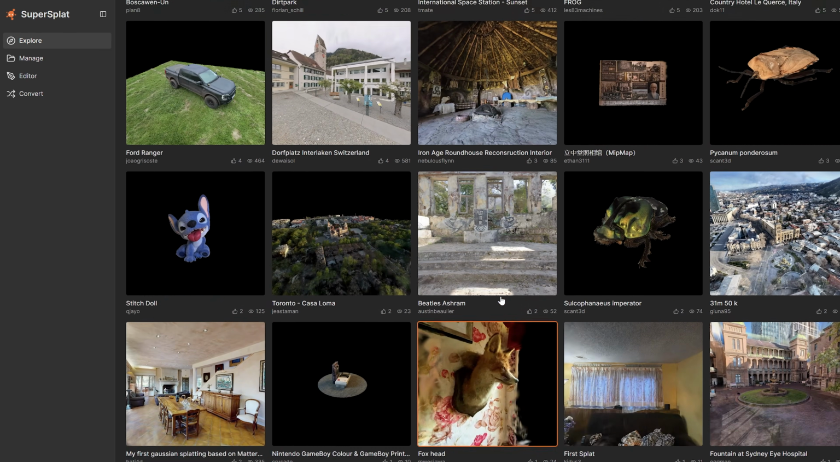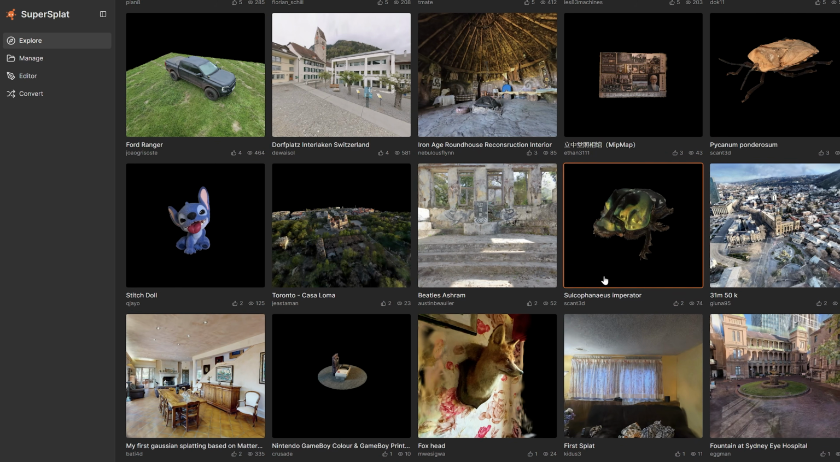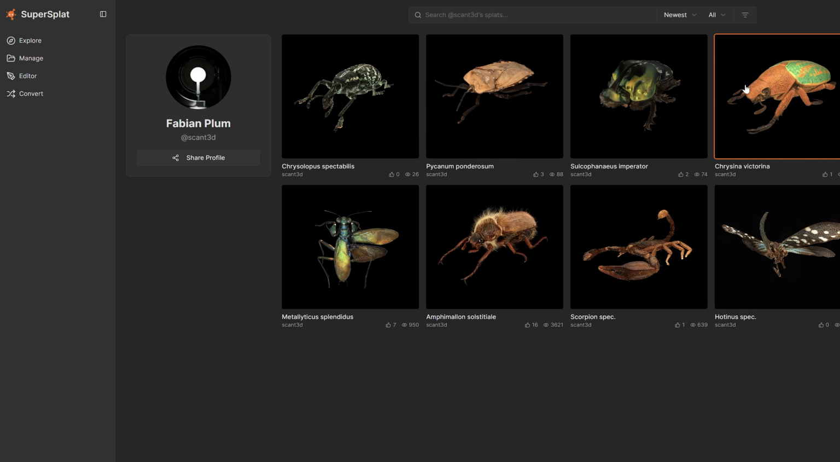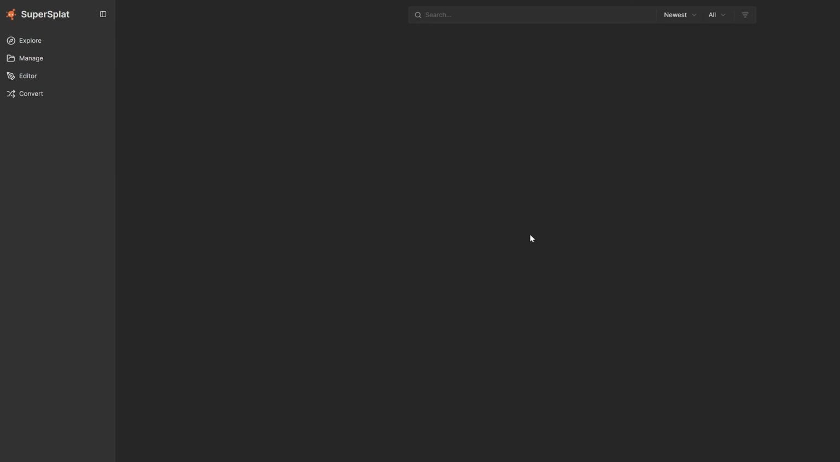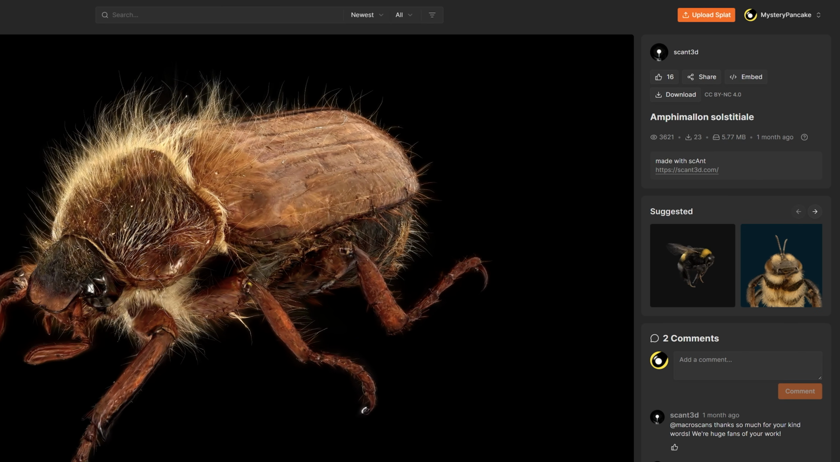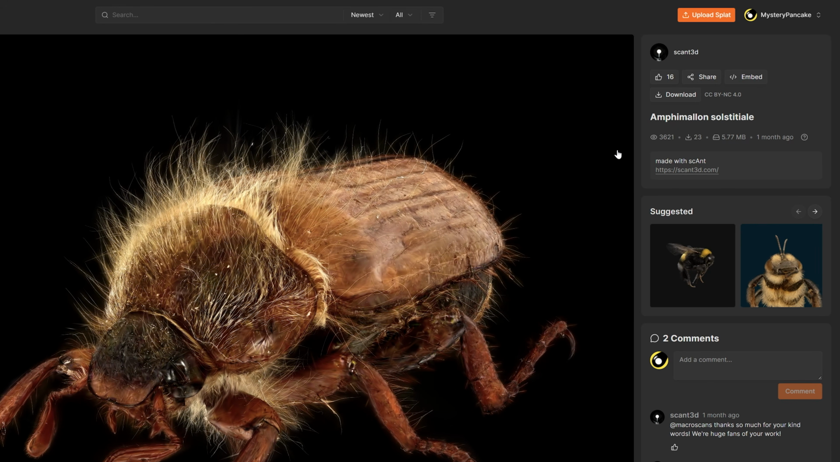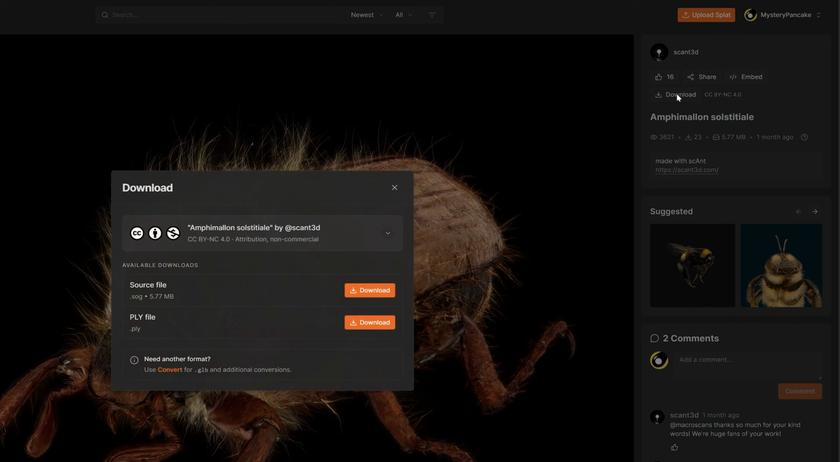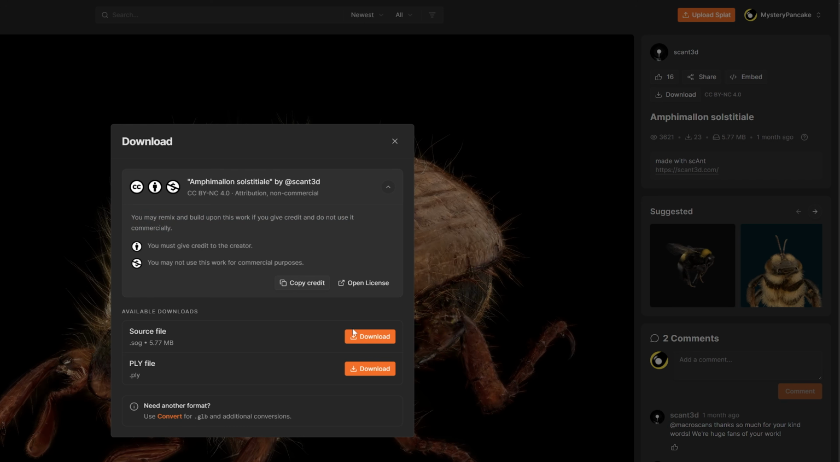but that might change later. So for now, I'm actually going to use a model from this user called Scant3D. This user has a bunch of these bug models that I quite like, that have quite neutral lighting, and they're all very small as well. They're only 5 megabytes. So this one has some nice hair detail, and it's going to be a good example that I can use. So the license means I can use it in this video, so I'll download this PLY